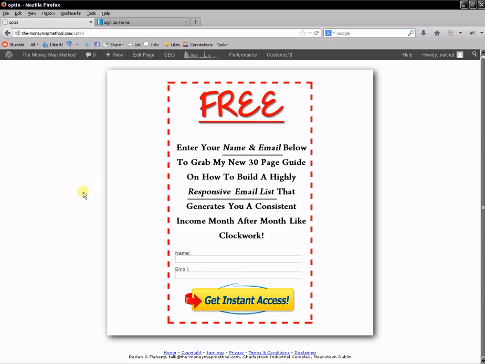So really think about creating pages like this, because conversions are more important than anything else in this business at the moment. When it comes to squeeze pages, you do not want to be blindly opting people into your email list, because you're going to find that you're going to have a lot of people on your email list, and that's going to feel good.